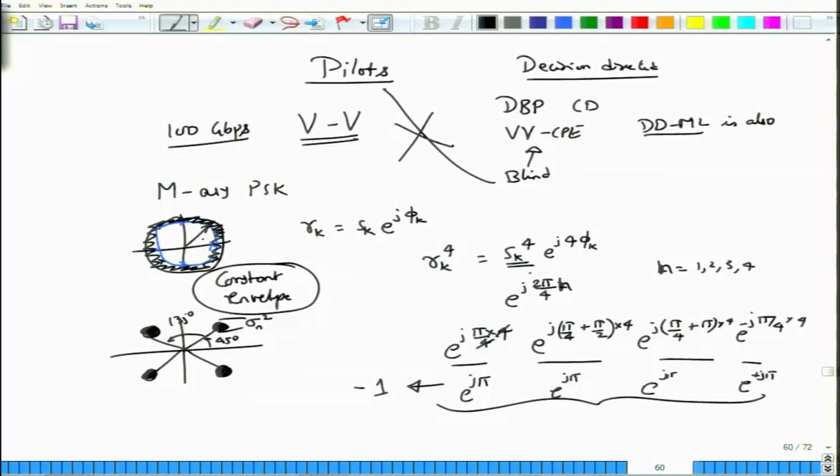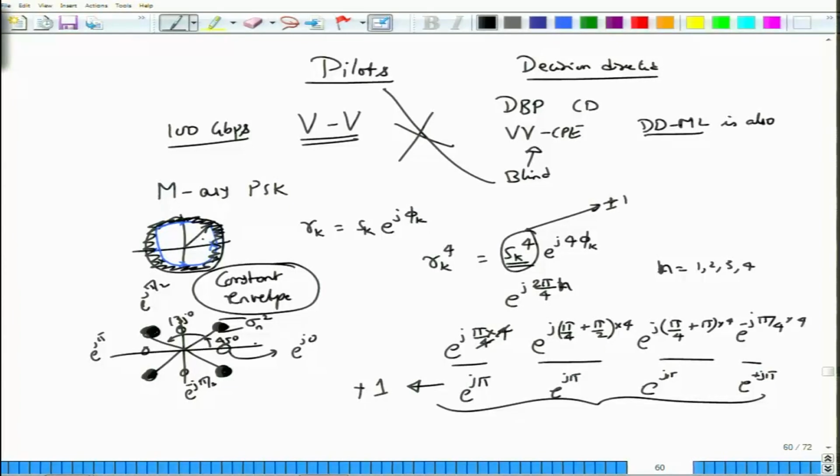If you do not want that, you raise it to the power 8 and you get rid of this minus sign and make it plus 1. But the important point is that you got rid of this Sk power 4. I can take this to be a constant, or plus or minus 1, depending on the kind of constellation. For this constellation, raise it to the power 8, and for this constellation, on these axes given by e power j 0, e power j pi by 2, e power j pi, e power j minus pi by 2, you raise it to the power 4 such that everything will converge back to plus 1.